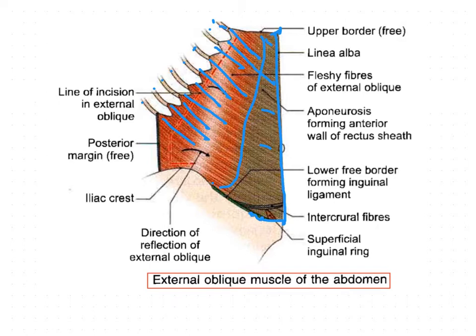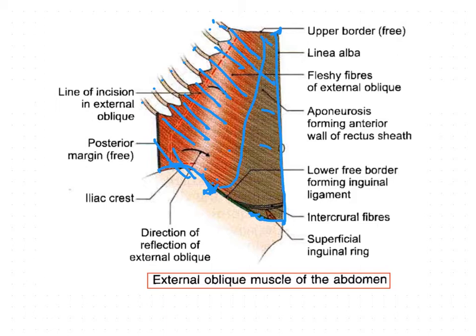Okay, and the lower fibers of the muscle. Here you can see the lower fibers of the muscle are inserted directly into the anterior 2/3 of the outer lip of the iliac crest. On the hip bone you have the iliac crest, so on the anterior 2/3 of the outer lip of the iliac crest, the lower fibers are getting inserted. Okay, so this is the